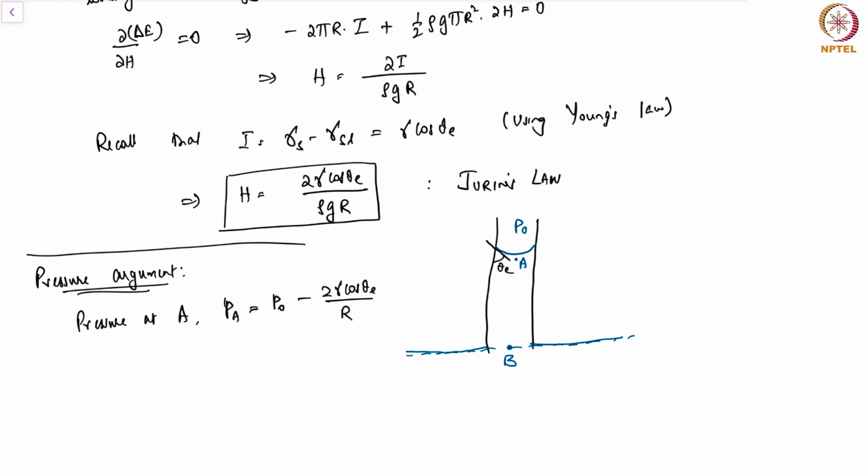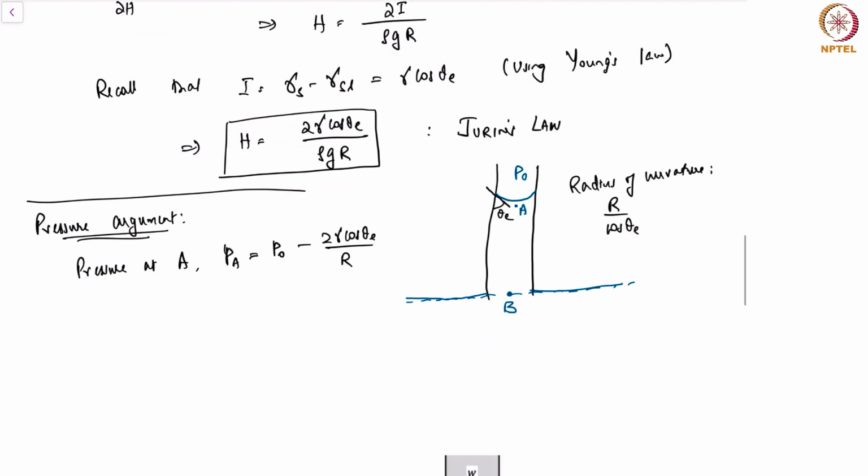In this case, the radius of curvature is R by cosine of theta E, and the fluid would basically rise to that. So now notice that the pressure is actually lower than the pressure above, the atmospheric pressure, because of the meniscus shape. So it's like a suction that it is experiencing, and the pressure at B